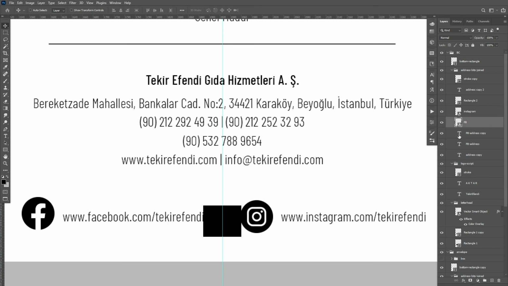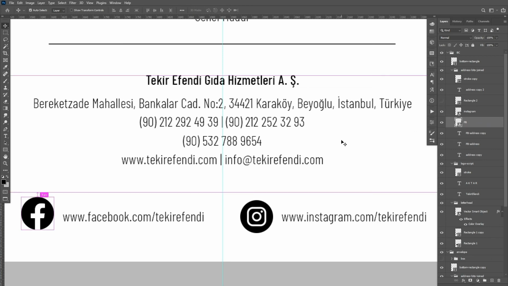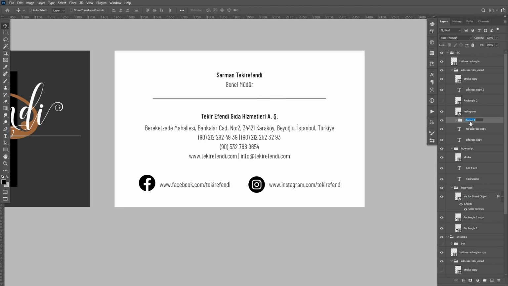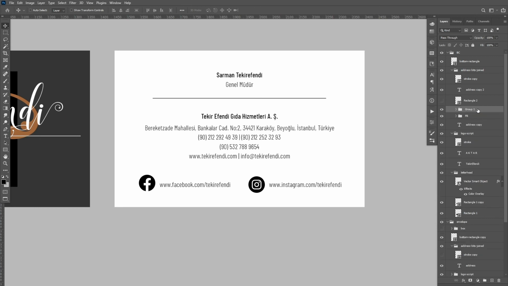Now, make the Instagram icon move out a bit, close the rectangle, and now these should be more or less centrally aligned. Now, what I'm also going to do is take this and this and group it together and call it FB, and take this and this and group it together and call it Instagram,